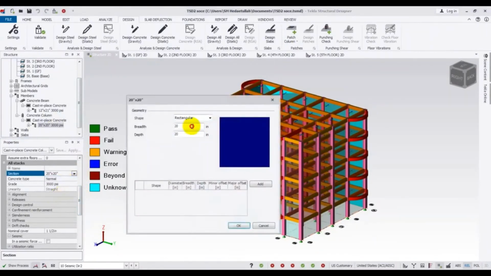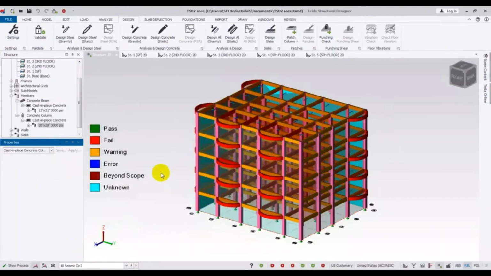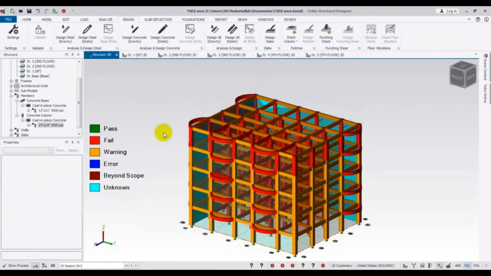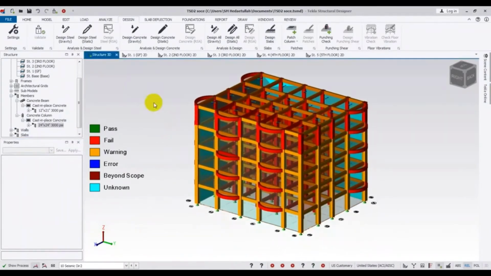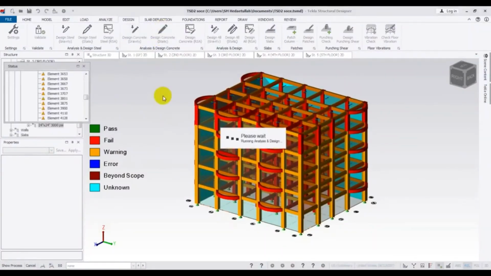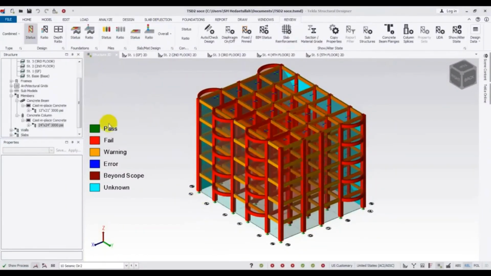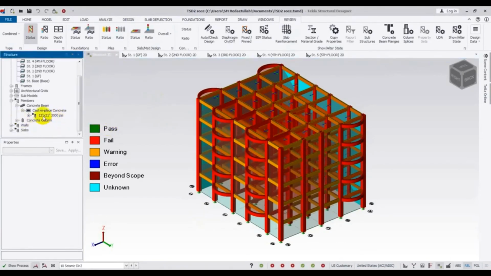new, from here 24, then OK. It's changing its shape. So after that again I will go for design check, and after that I'll come. This time the maximum columns are also failing, so it's making a big problem. Again we'll go here for column section,